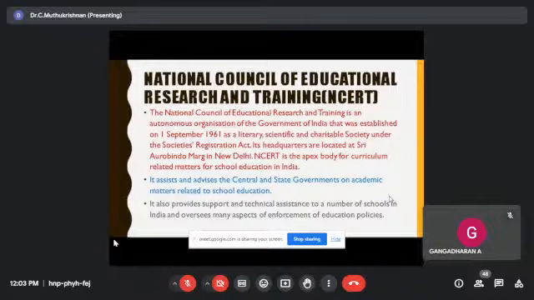So what they are doing is making new syllabuses and textbooks also, NCERT books and state government books, and there are many matters they are discussing. That's why it is considered the apex body for curriculum-related matters for school education in India. And the NCERT assists and advises the central and state governments on academic matters related to school education. This is also a very, very important point. You just have to note it. It also provides support and technical assistance to a number of schools in India